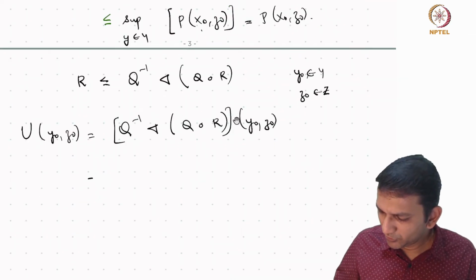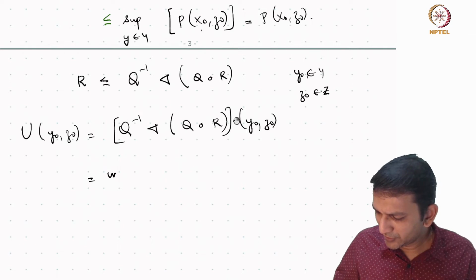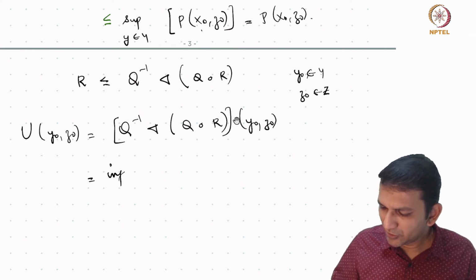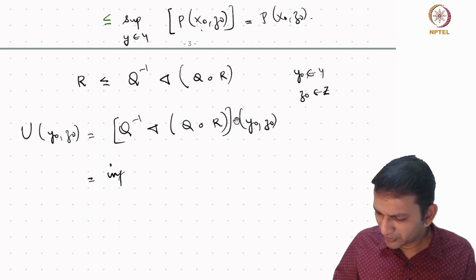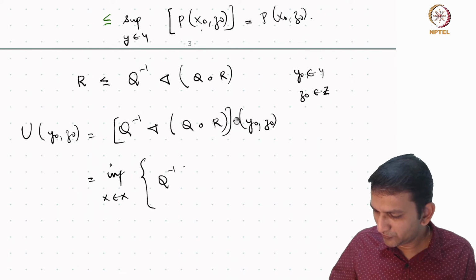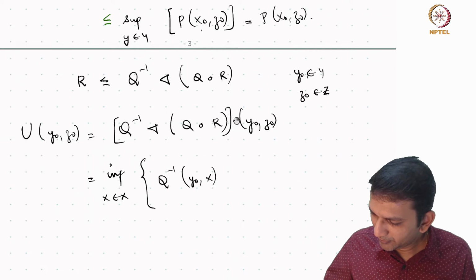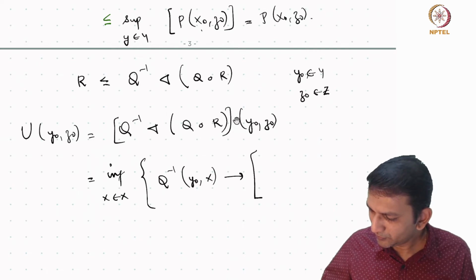Let's expand this once more. So now what we have is the infimum of Q inverse. Notice it is from Y cross X to [0, 1], so that means it varies over x. Q inverse of (y0, x) implies Q circle R of x,